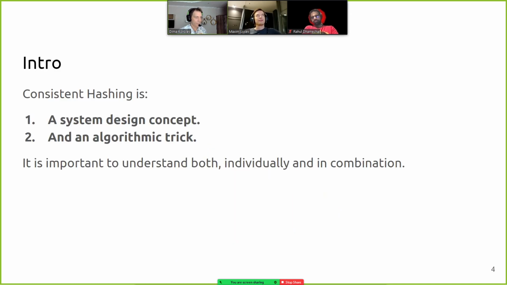Consistent hashing. Basically, it's important to distinguish between two aspects of consistent hashing. On the one hand, it's a useful system design concept. On the other hand, it's a really neat algorithmic implementation that makes certain things possible. My view is that it's essential to understand both individually and in combination. Because